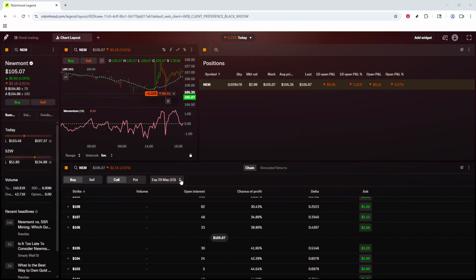In today's video, I will walk you through how to set up a stop loss in Robinhood Legend. Go to Robinhood Legend. Once you are on the platform, make sure that the Positions widget is added to your layout. If the Positions widget is not visible, go to Add Widget and select Positions to add it to your